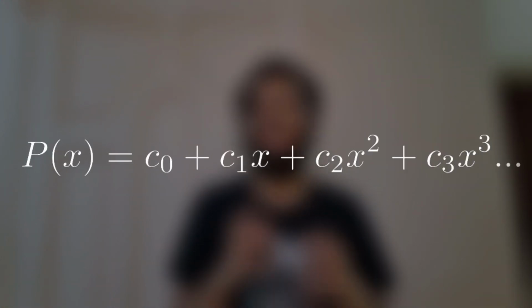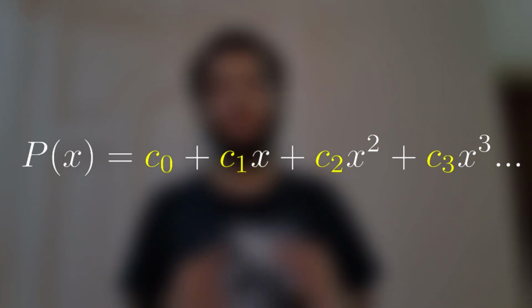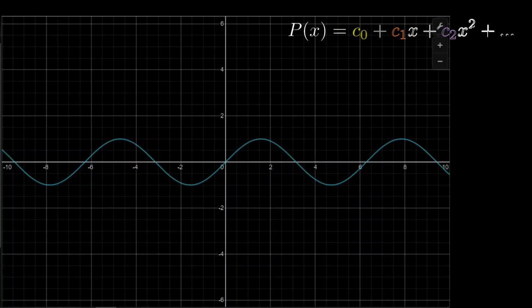And a polynomial is used for this purpose mainly because they're easier to deal with than other functions. Here C0, C1, C2 are free to change and can be substituted for any number. Now for this approximation to be any good at all, the function and the polynomial should be equal at least at a single point, say x equal to 0. And when we input x equal to 0, we get that C0 and the function are equal at that point.